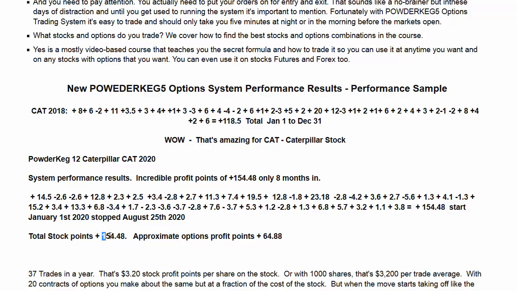So here's the stock points put all together. Here's the options points. Now, if you used in the money options with high deltas, then this could be bigger. But this is based on slightly out of the money. So not even 50 deltas yet, but again, we're using options, so options are just a fraction of the stock. Being able to stack up this many points for options off Caterpillar, which are usually pretty well priced, means you can often get a really good return, as in a many-fold return